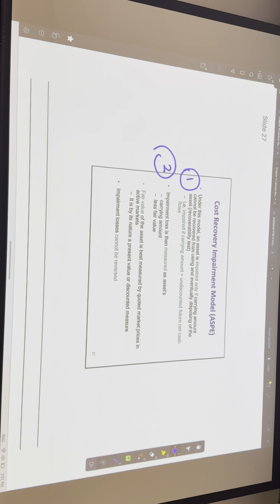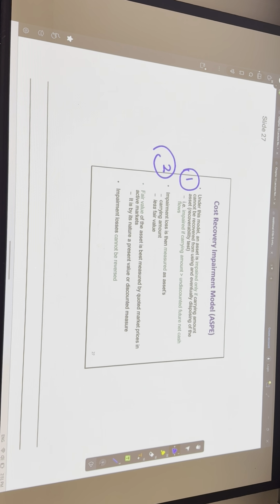Now it says, is it by its nature the present value or the discounted measure? What they're saying is this, you guys. If I was to sell the equipment today, how much is it worth? That would be the fair value. If there's no market for that equipment, let's say the equipment was specialized,